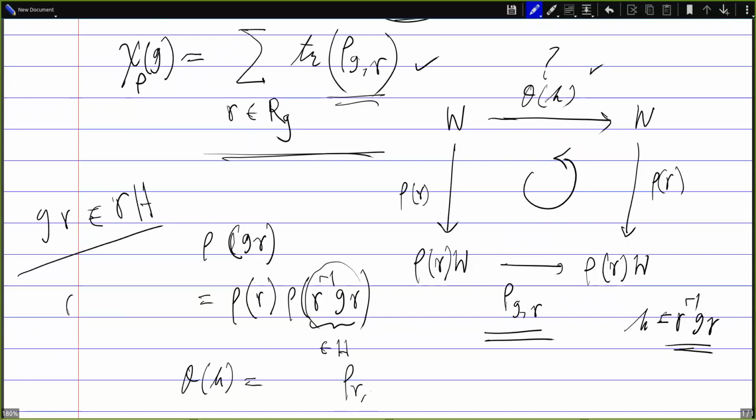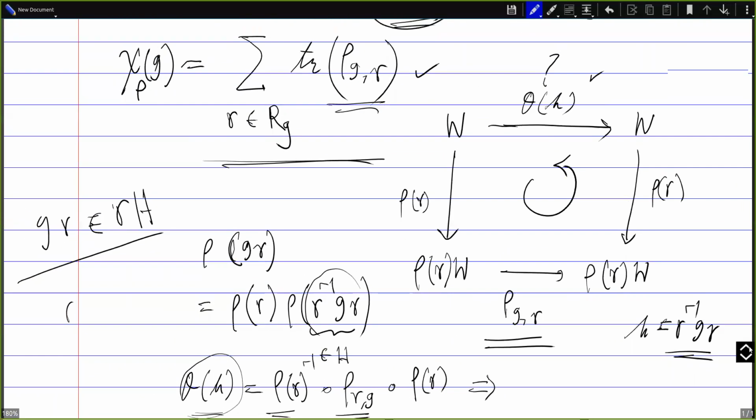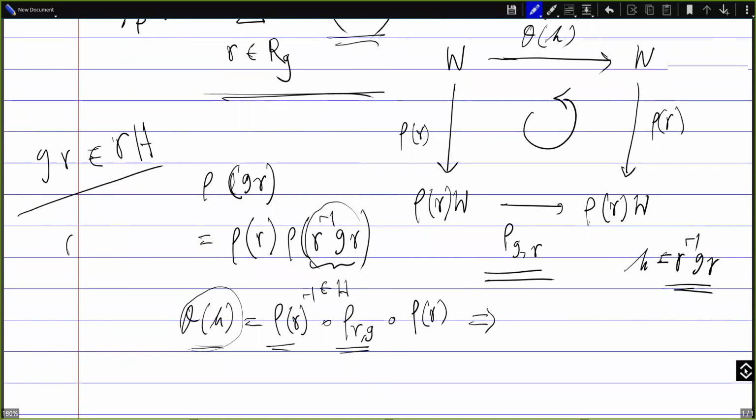basically rho GR composed with rho R and then rho R inverse. Okay, so theta H is nothing but the conjugation of this linear operator by these two. So that immediately shows that the trace of rho GR has to be the trace of theta H. So therefore now we recall this formula. So what we get now is chi rho of G is nothing but